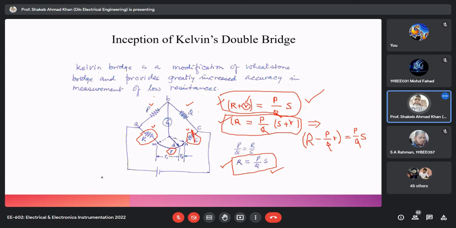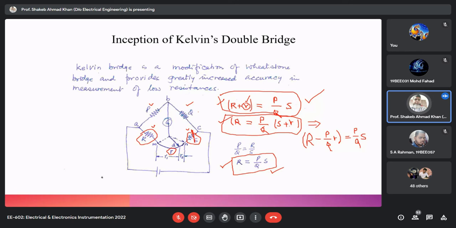Now what is the solution? A solution has been proposed. एक क्वेश्चन था कि सर, स्मॉल R मतलब लीड एंड कॉन्टैक्ट रेजिस्टेंस को हम लोग उस साइड क्यों नहीं कर सकते, P और Q के साइड क्यों नहीं कर सकते? दिस इज, तो जरा अपना हेलो सर, अपना माइक्रोफोन म्यूट कर लीजिए आपको, क्योंकि इको हो रही है मेरी आवाज।